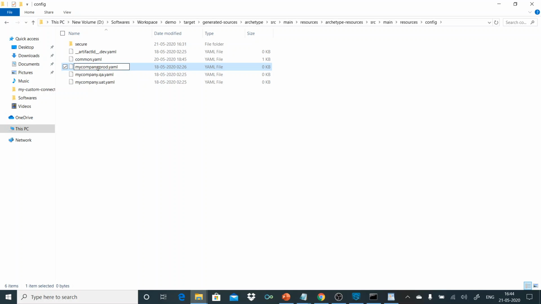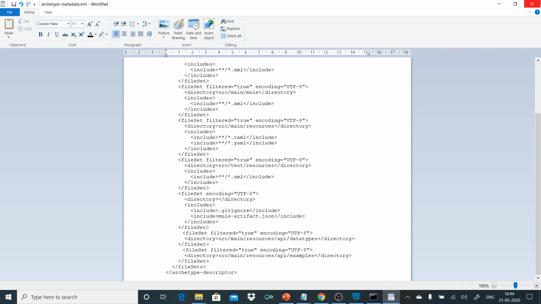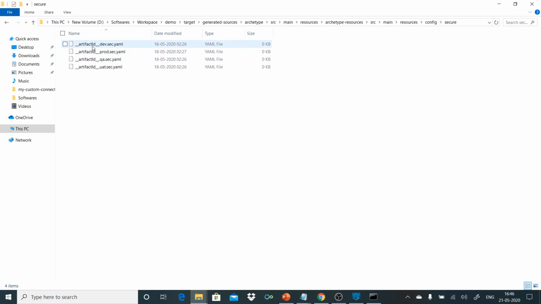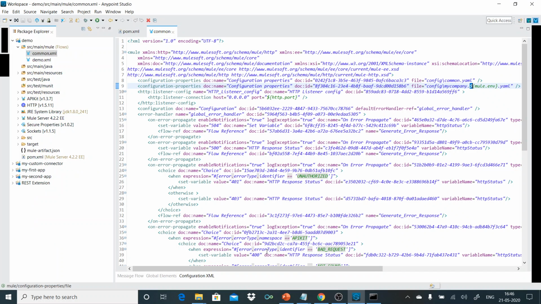Let's do the same for all other files so as to get it replaced with the artifact ID. So now I've changed all the names with the artifact ID, and the same thing I've done for the secure ones, artifact id.dev. So everything will start with the artifact ID. In case you have given demo as an artifact ID, it will become demo.dev.sec.yaml, demo.prod.sec.yaml. So there's one more change that we need to do, because if we go back to the project